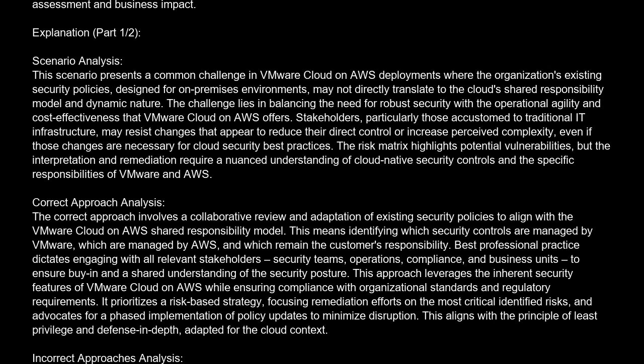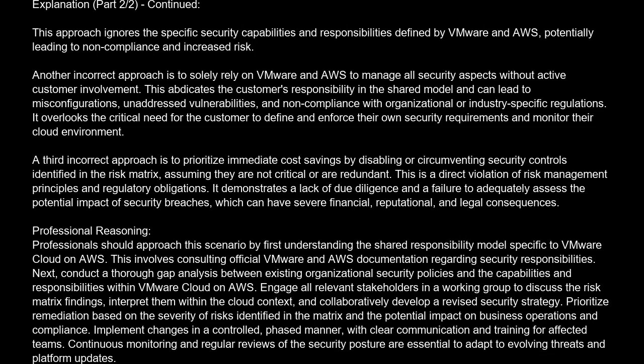Incorrect approaches analysis. One incorrect approach is to rigidly enforce existing on-premises security policies without modification. This fails to acknowledge the shared responsibility model of VMware Cloud on AWS, leading to either gaps in security, if policies are too lax for the cloud, or unnecessary operational overhead and cost, if policies are overly restrictive and not cloud-native. This approach ignores the specific security capabilities and responsibilities defined by VMware and AWS, potentially leading to noncompliance and